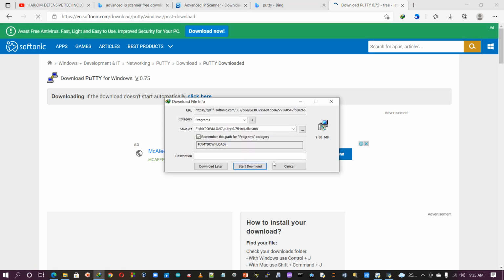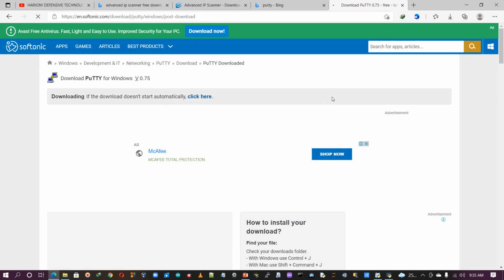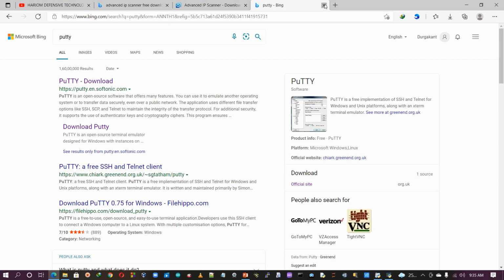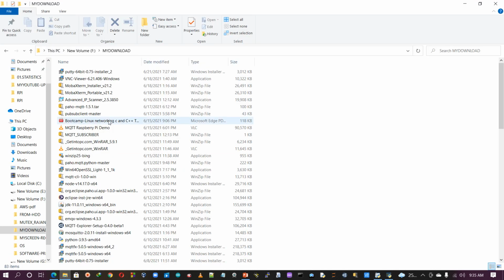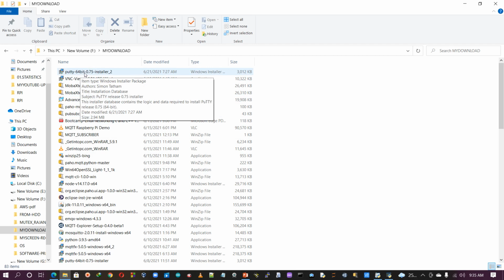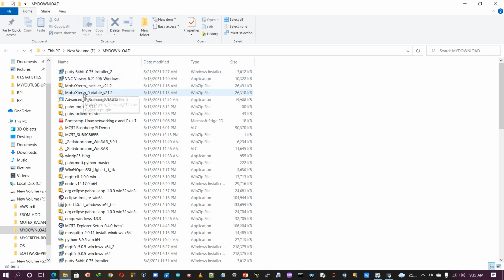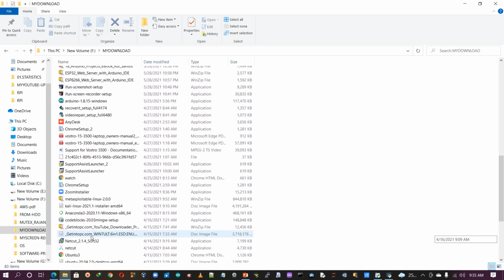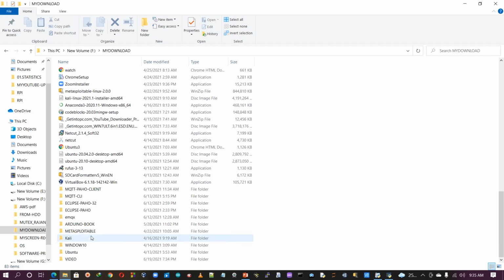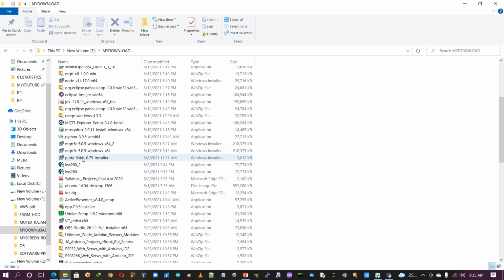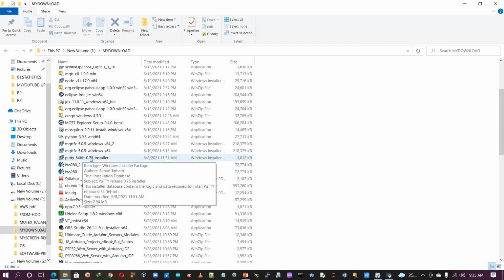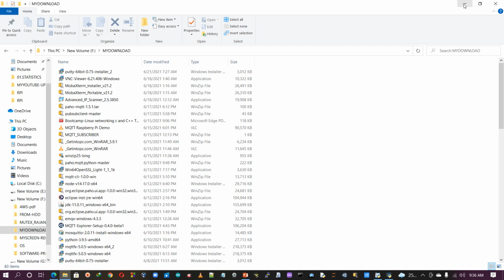So I am not downloading, as I already have that one. So this is the one way. I'm just cancelling it, closing this one. It looks like this one, the PuTTY 64-bit 0.75 installer, or this is today's version. I already have the previous one. Yes, this one like this. Okay, so I already have that one.